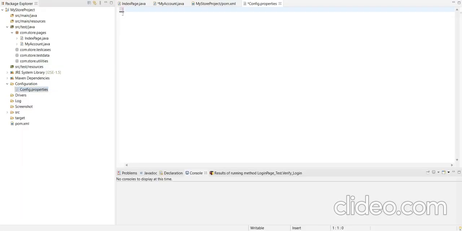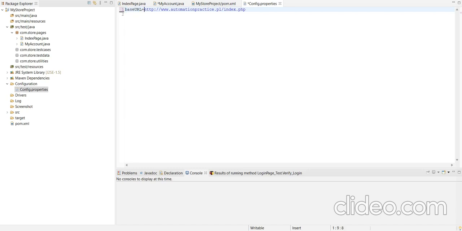In this config.properties file, that means the properties file, we save the value as a key value pair. Here we will save our base URL. So base URL and an equal sign, and then this is our application URL. So base URL is a key.